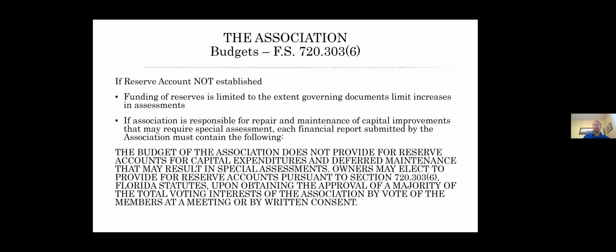What we always like to advise our associations is, whether it's covenant enforcement, a service you're providing to the community, or funding a reserve, the association's best day is whenever you're questioned or asked why you are funding these reserves, or why you are accumulating this amount of money for this common element. The best answer as the association is to say it's because the documents say so.